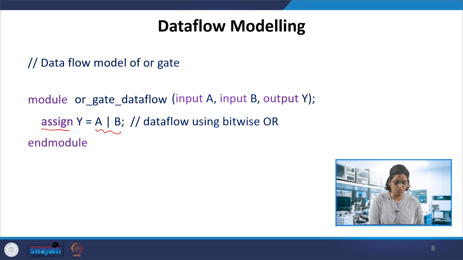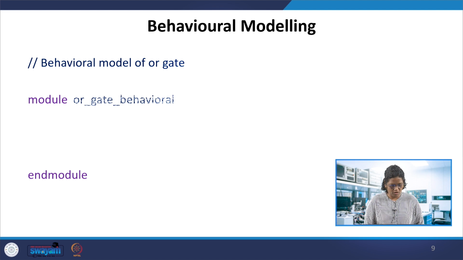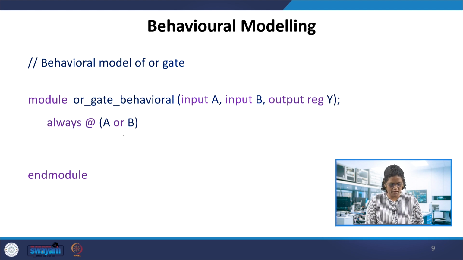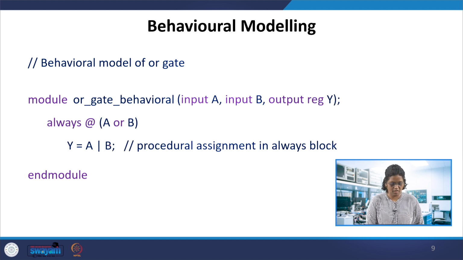Assign is a keyword here. This is a continuous statement. The behavioral model similarly has always @(a or b), y = a | b. It is not necessary to have the always block in this case, but the procedural assignment is for this example. So we will differentiate these three in the further examples.